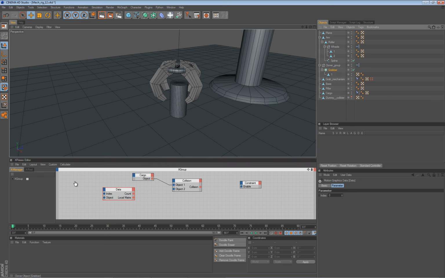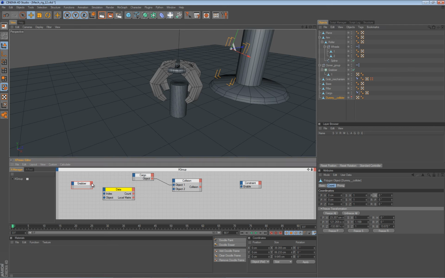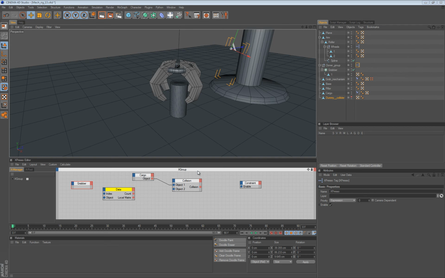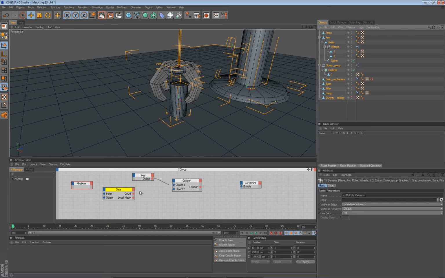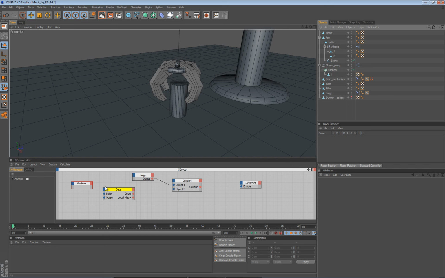So let me grab a cloner, because I want to tell this dummy collider to be in the same position and orientation as one of these clones. So I have to get that information from the cloner. There is one little important step that you have to do before calculating any matrices in Cinema 4D. First, for the sake of safety and to minimize the possibility of errors, I always unfreeze all values. Okay, so I will instruct this data node